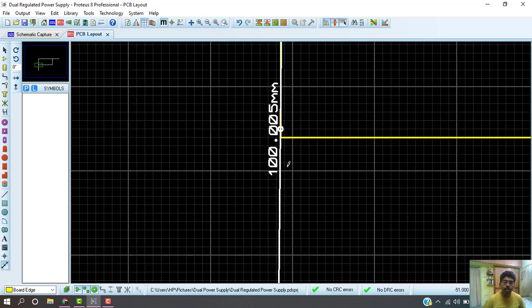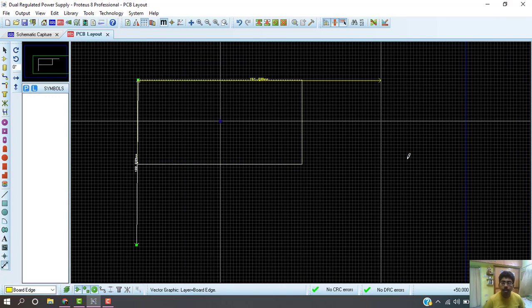Okay, now we get 100.005 mm. It's okay. Now we try to increase the length of the rectangle, that is the board size.